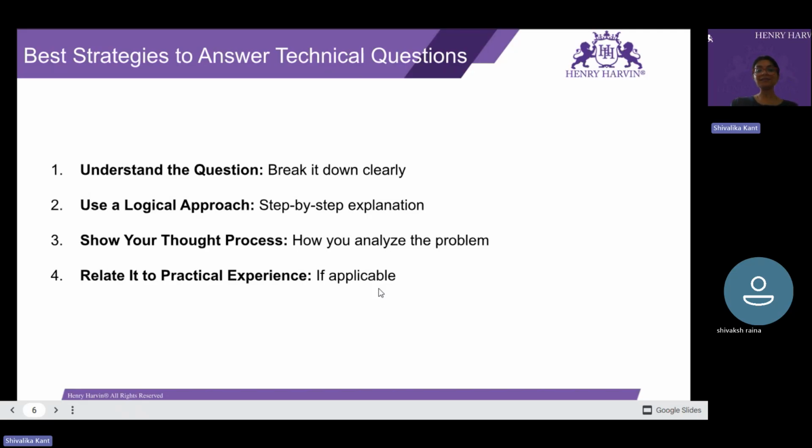Situation is to set the context. Whatever the situation or the context was, explain that in detail. Then what was your responsibility? That is your task. Explain your responsibility, your role. What were you supposed to do? Then the action. A is action. Describe what you did. What were the actions, the steps that you took? And then the result.